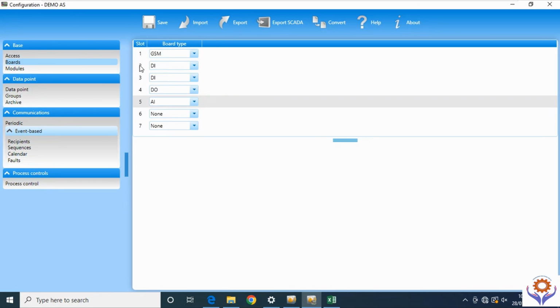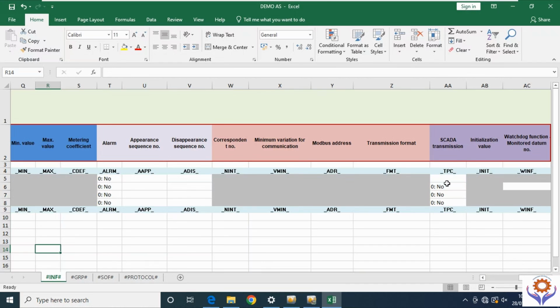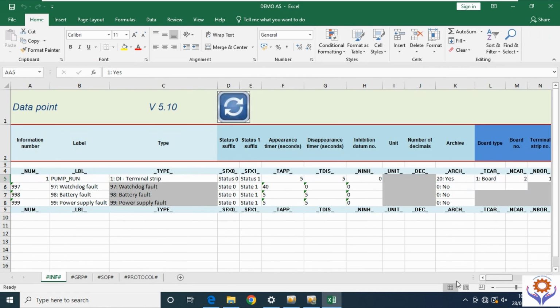See here slot number 2, and you have to give channel number 1. I will give here board number 2 and channel number 1, and this is logical, and you need the logical, normally open or normally close, normally open, and alarm type, everything. See, this is the first, and also SCADA transmission you have to give, it's required, yes, SCADA transmission, I need to transfer to the SCADA. Okay, this is the first one I added,